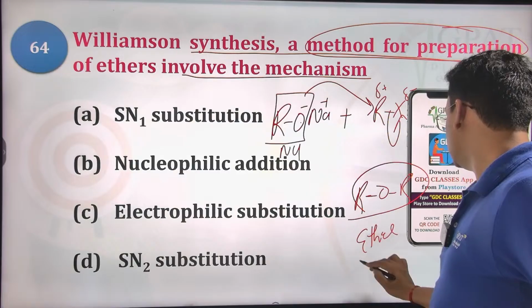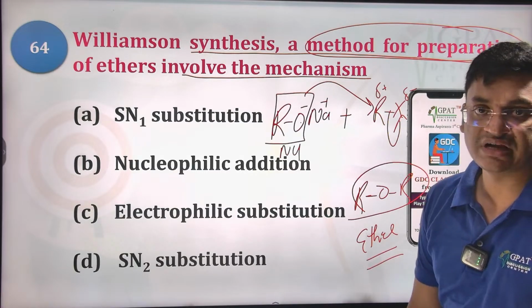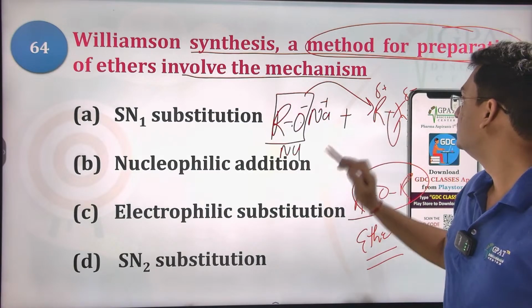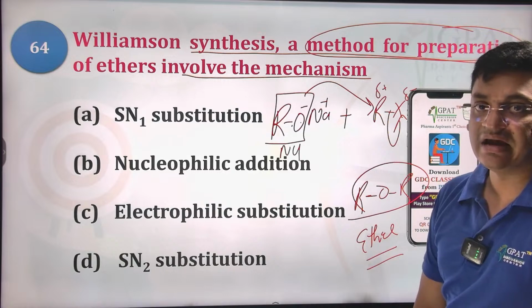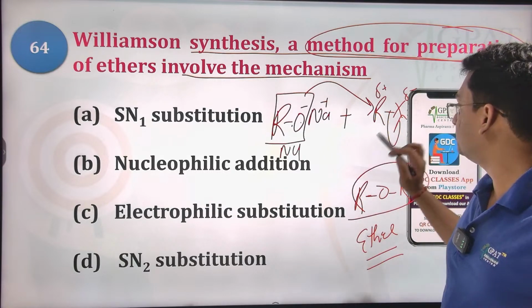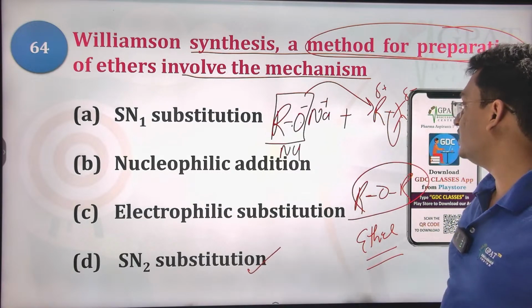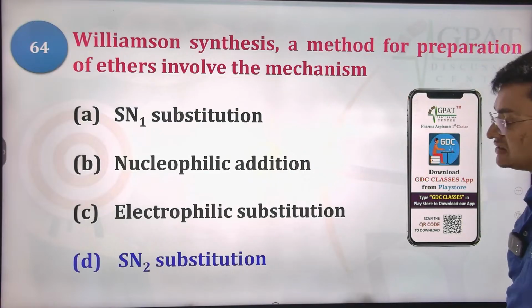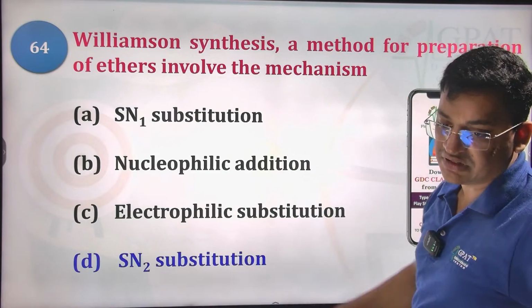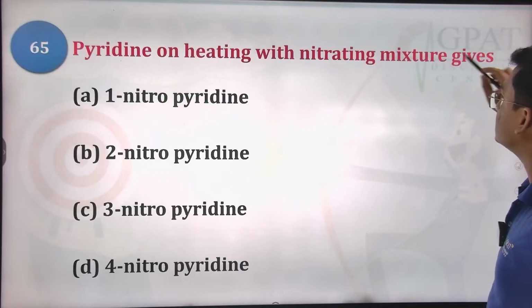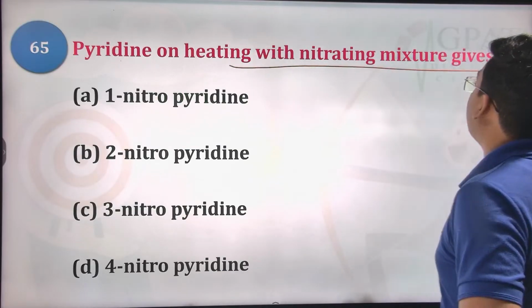This is an SN2 reaction, a substitution reaction, in which the nucleophile attacks the alkyl halide from the backside of the leaving group. It's a one-step reaction. SN2 reaction will be the right answer. Pyridine on heating with nitrating mixture gives